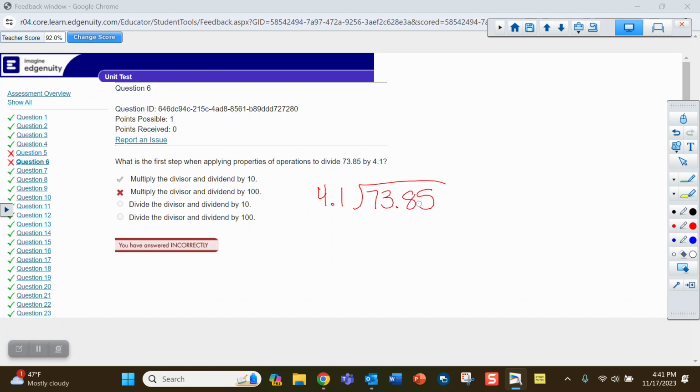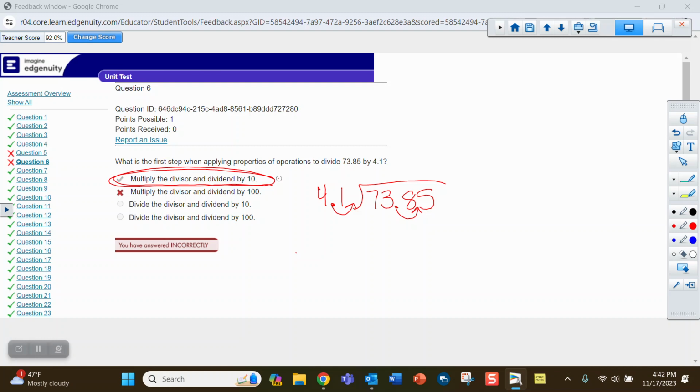And in an example like this with long division, remember we've got to get rid of this decimal. So we're going to multiply by 10, and because we did it there, we also have to do it here. We're going to multiply by 10. That's the same as moving the decimal one place to the right. So we're multiplying that divisor and the dividend by 10. Again, 4.1 is what you're dividing into